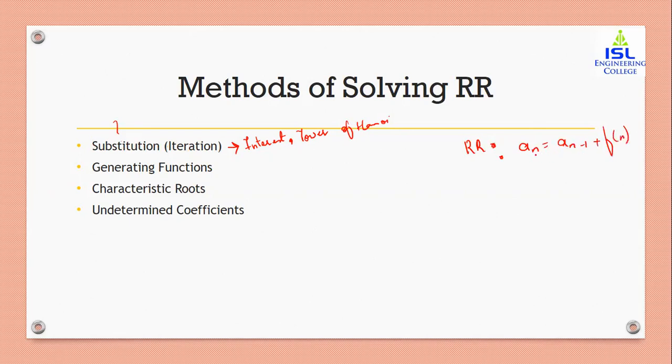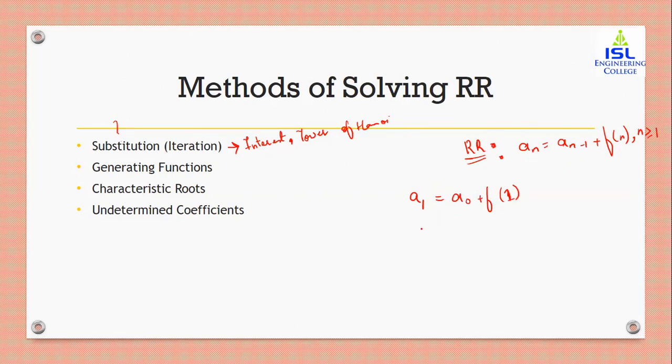Now, over here, is this a recurrence relation? Let's find out. Our next term is dependent on the previous term plus some function of n. Yes, it is a recurrence relation. I don't want to check whether it is homogeneous, non-homogeneous, linear or not. For now, we are simply classifying it as a recurrence relation. The condition is that the n value is greater than or equal to 1 always. So for the substitution method, you will take the first term a1 is equal to a0 plus f1. Your initial condition will be given, so you will take that as a0 plus f1.